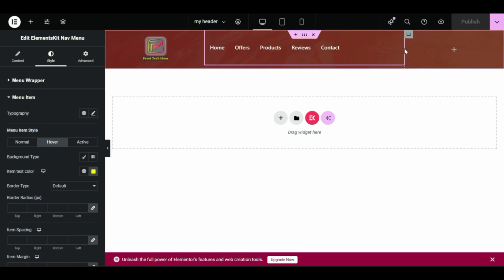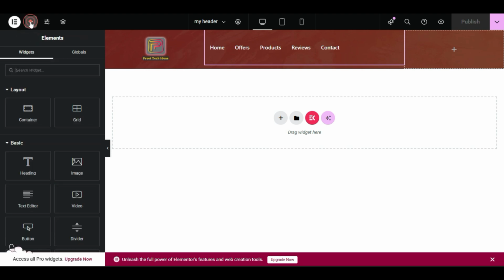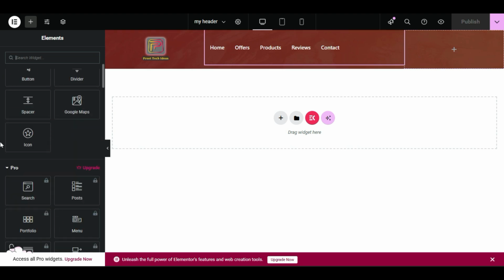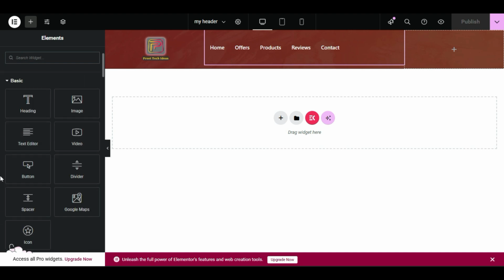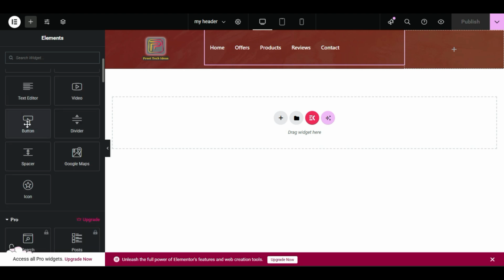Now we have one more left. On the left side we will add more stuff here. Let me click on add element. What do you want to display here? You can display a search button, social media icons, or if you have an e-commerce website then you have to find the cart here anywhere, or a button. If you want to add a button, just in the basic section you will see button, drag it to the left side here. Okay,